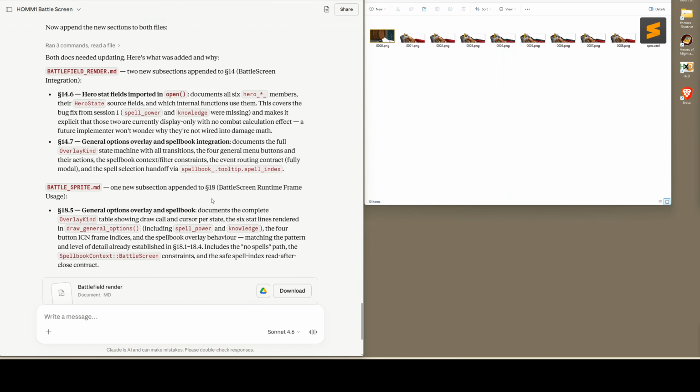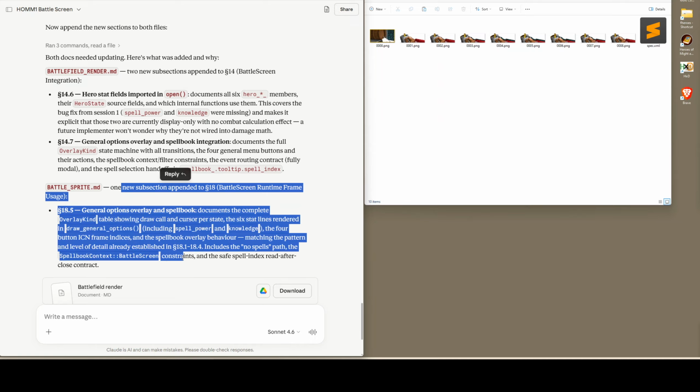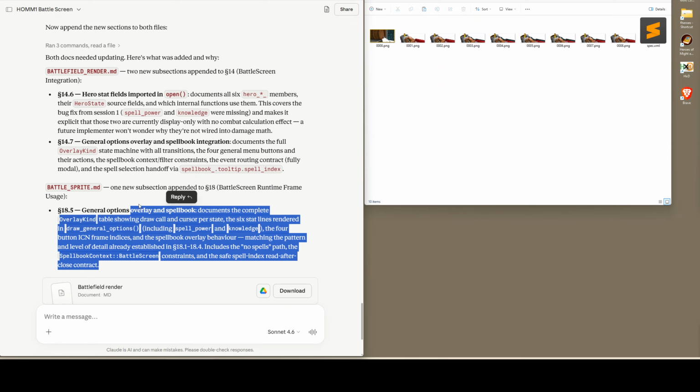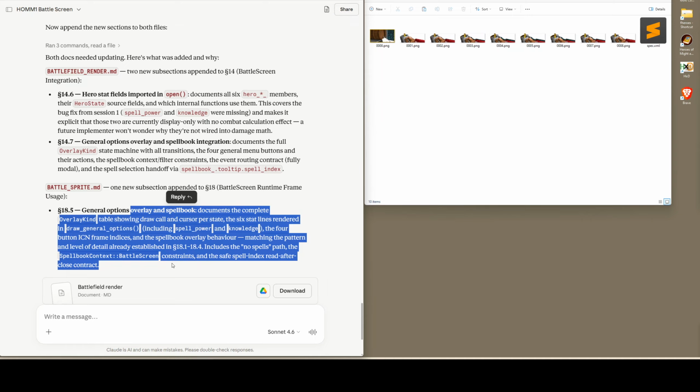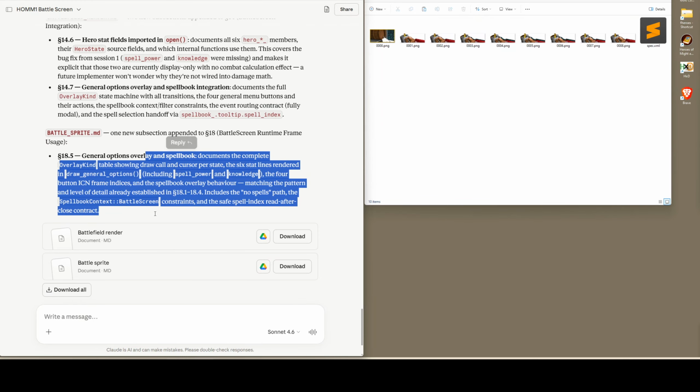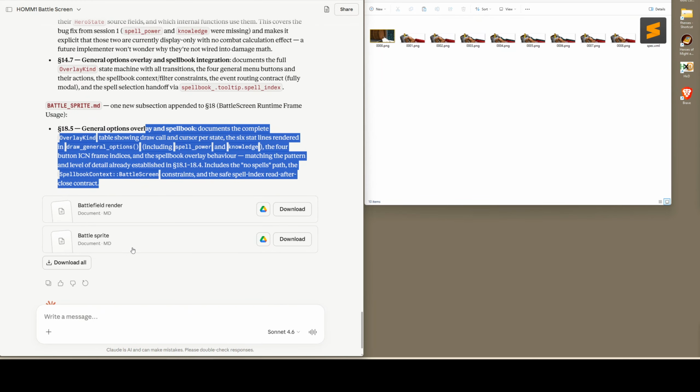We still have to actually implement the actual combat spell effects, which isn't going to be too bad, but I've been dreading it a little bit because I think it's going to be quirky. It'll probably be easier than I think it's going to be, but we'll see. So then I update my documentation, and